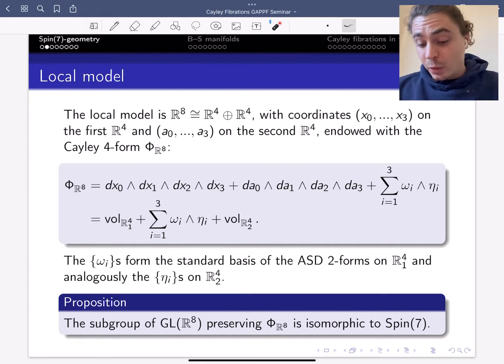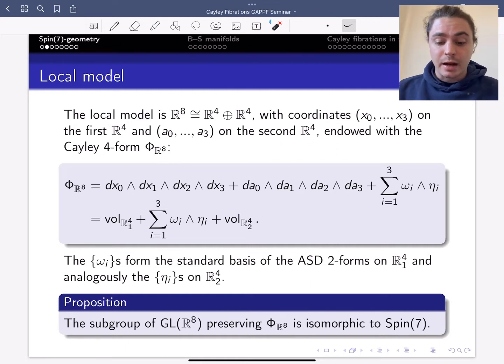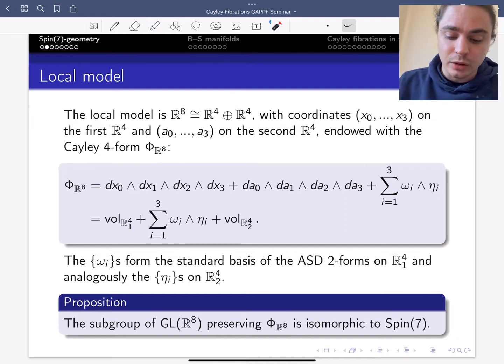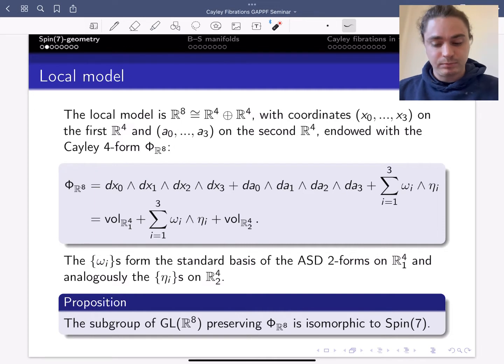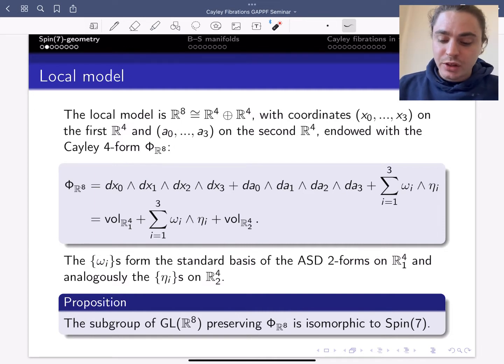Now we can endow this space with a 4-form, the standard Cayley 4-form, which is usually written as big Phi. So Phi over 8 is defined as